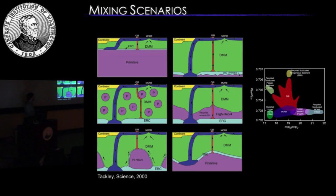geochemical domains, isotopic domains. And so you've got this idea that the very lowermost mantle of the Earth is all this primitive material. I've tried to color things so that they would match up with what Paul has put into his diagrams here, with ocean island basalts bringing up a mixture of these different things, subduction zones bringing down mid-ocean ridge basalt into the mantle, and then there's all kinds of possible ideas. Maybe you have subduction getting all the way down to the core mantle boundary, and you're enriching the core mantle boundary with this essentially continental material that then ages and produces